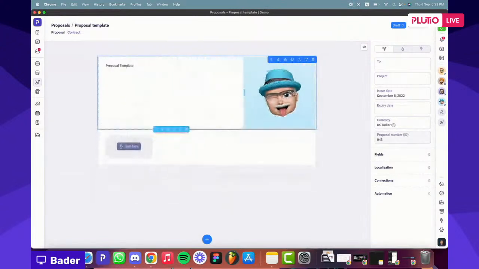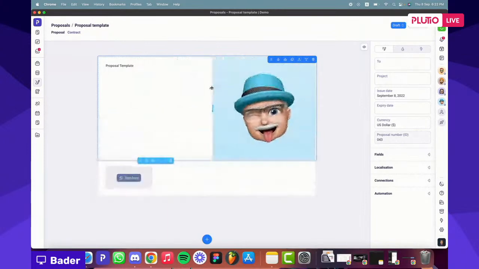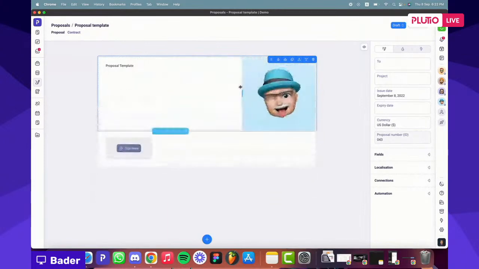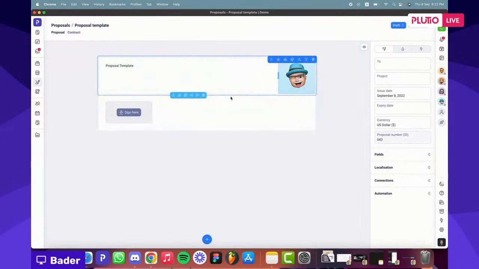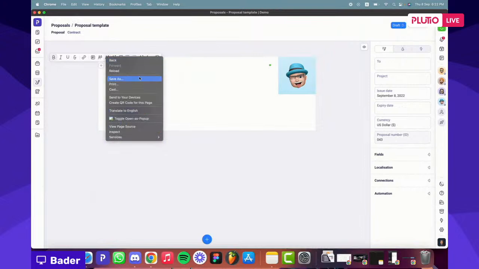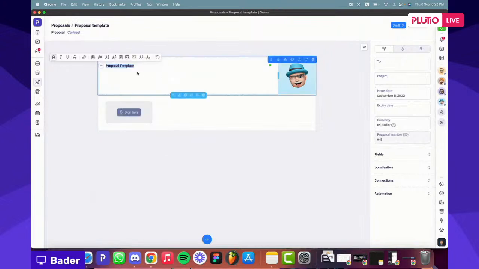You can basically resize the blocks. And if you want to style, let's say, over here, I'm just trying to show you the features. I'm not trying to design something, but